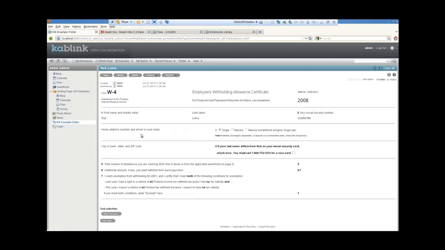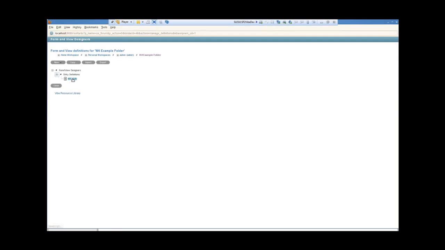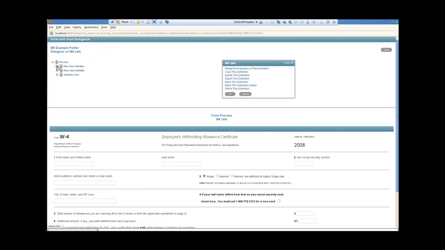And what you'll notice immediately is the system isn't displaying this at all. It doesn't know how to show it because its value has not actually been stored in the back end. Now, for practical intents and purposes on a live system, it's sort of gone. In this system, it stays cached, so it might show up again in a moment, but it won't show up on this page. So if I want that to show up, I need to do the same thing I did for the Social Security number. I need to go into the folder, go back into our W4 definition,